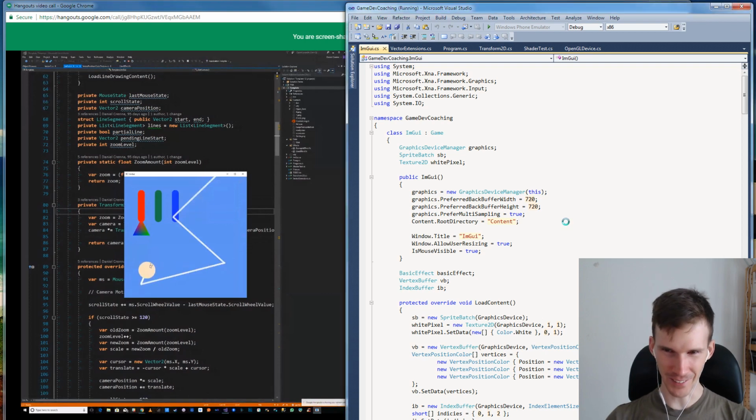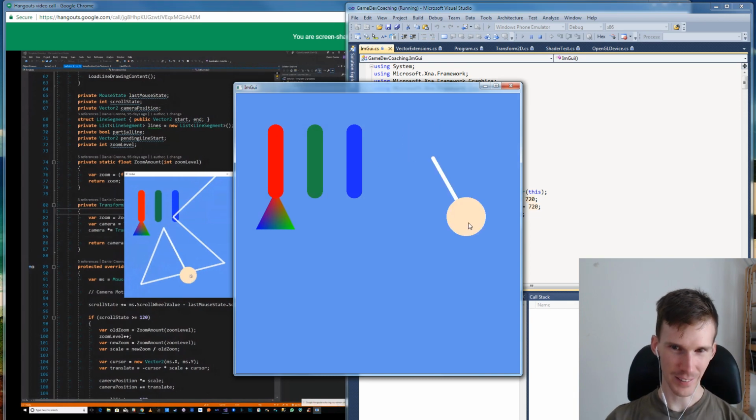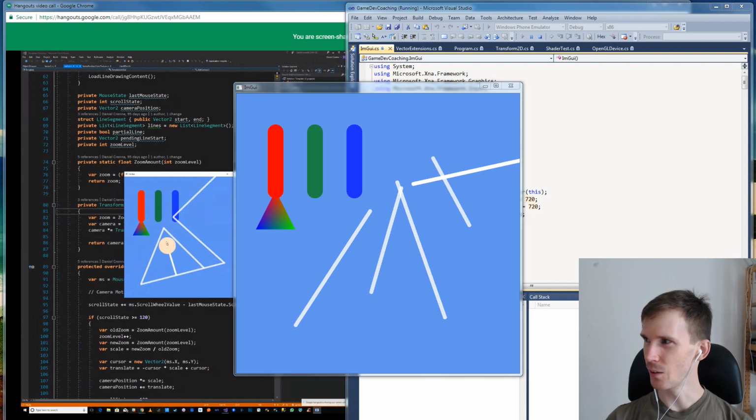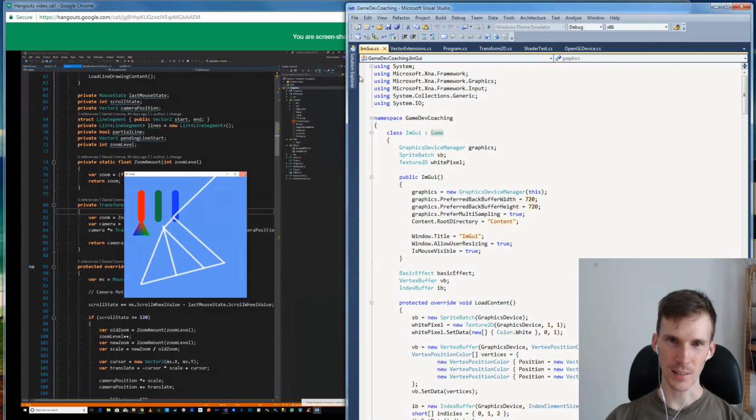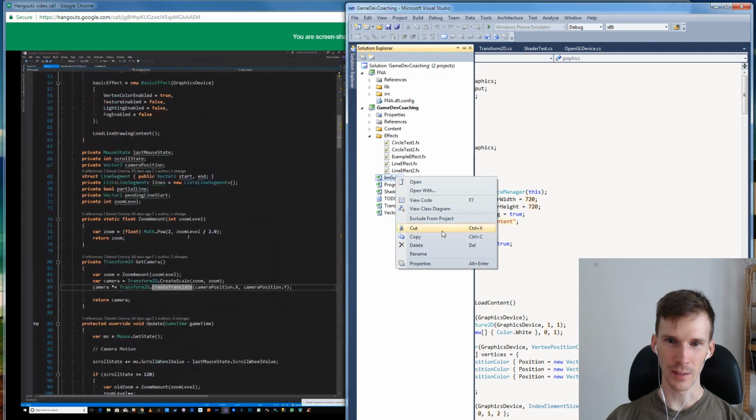Okay, I think we're good now. So we've got our little line drawing thing. Got our circle. It's all good and happy. So let's close out of that, and let's take a copy of this file,